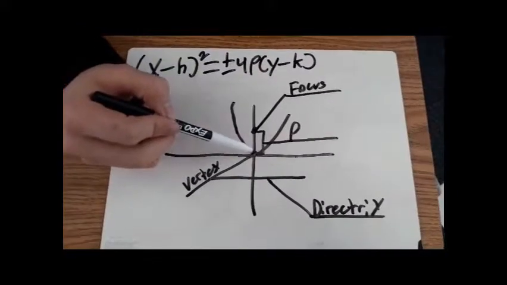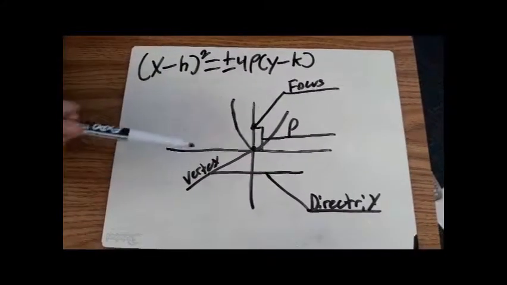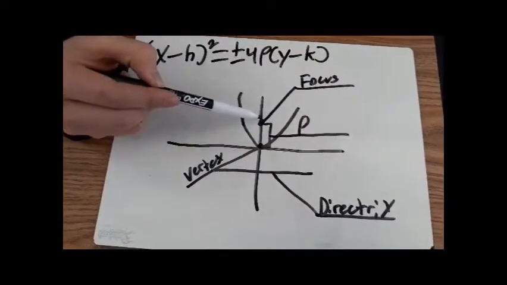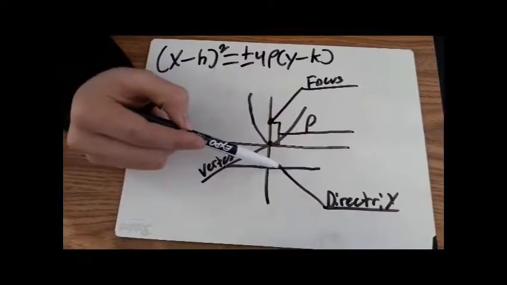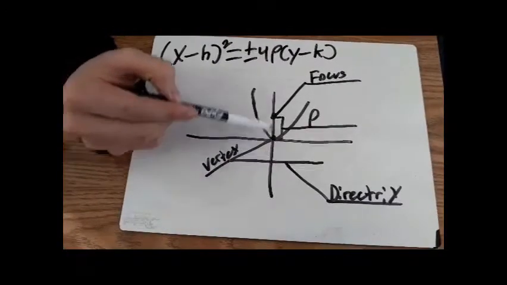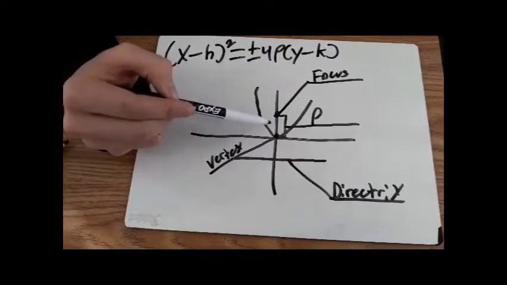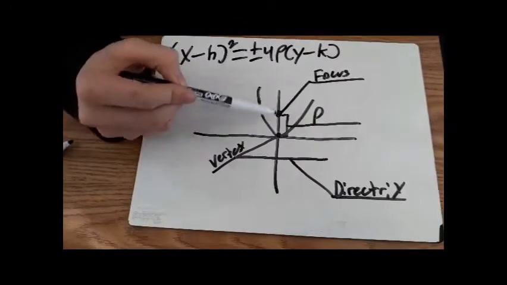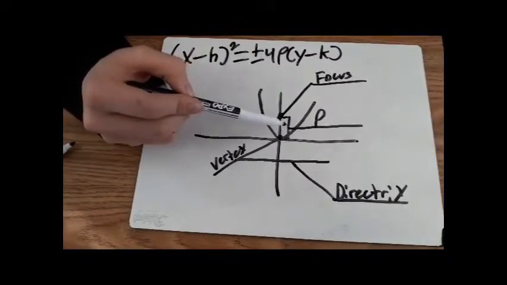Point, this is the vertex of the parabola, and then you can see that the parabola opens up towards the focus, and the directrix is the line that's down here. The focus and the directrix are an equal distance away from the parabola. The distance from the vertex to the focus is p, and how you find this is